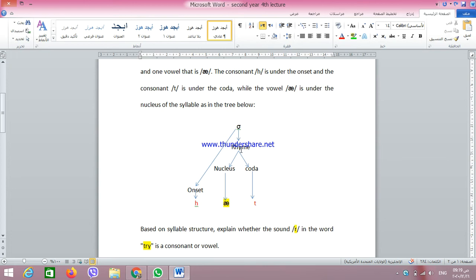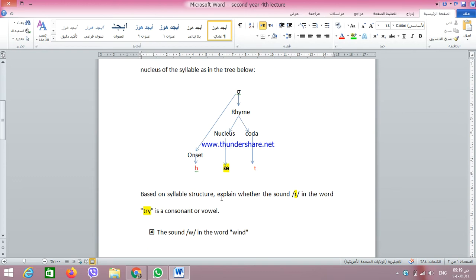Okay? Now, can we find vowels here under the onset or the coda? Definitely not. Can we find consonants here under the nucleus? In most cases, this is not possible. So whenever you find a sound under the onset or the coda, be sure that this sound is a consonant. Whenever you find a sound under the nucleus, be sure that